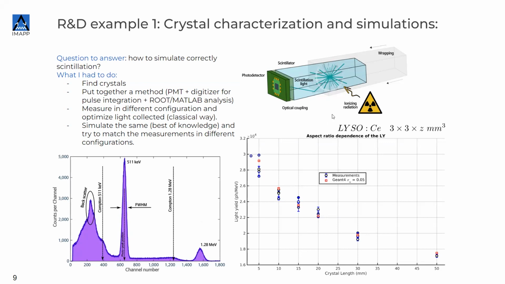Then once you get your crystal and you nicely set it up, you put some wrapping around it, because you don't want to lose the light which is not going towards the photodetector. So you want to redirect the light which is everywhere else towards the photodetector, and you try to optimize, in a classical way, the amount of light which you are extracting from the scintillator. So at the end, by doing it, you obtain a spectrum of energy.